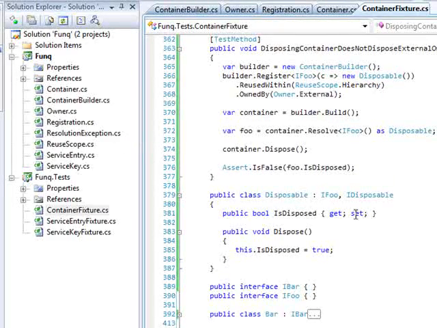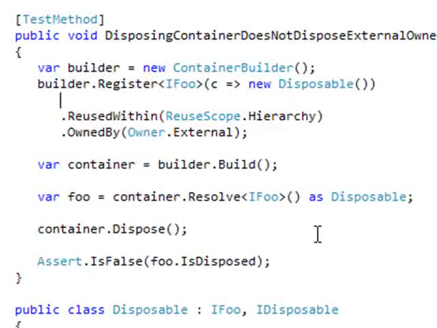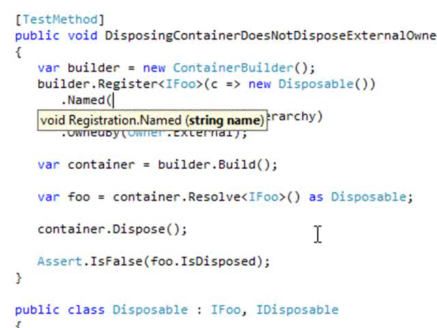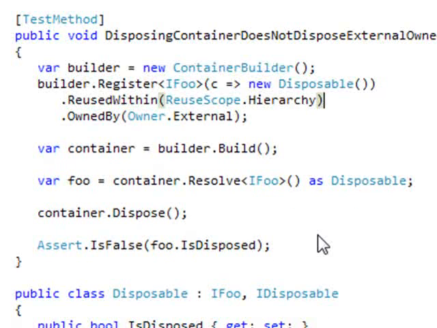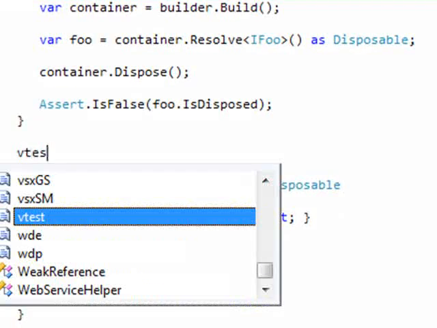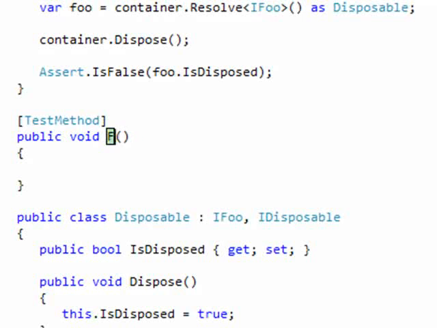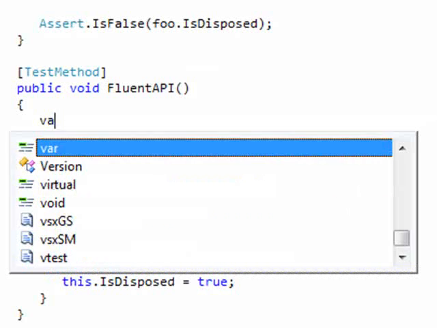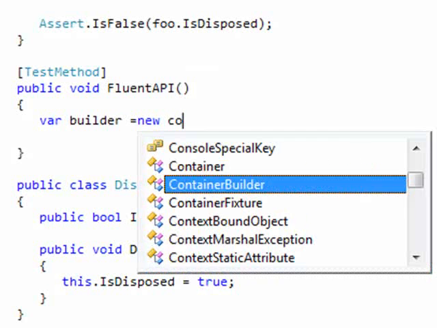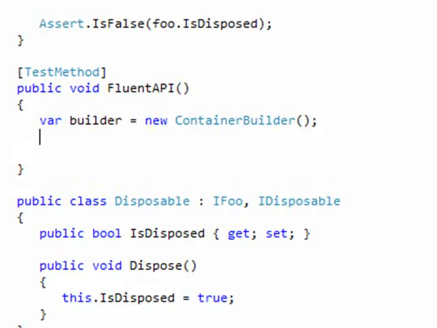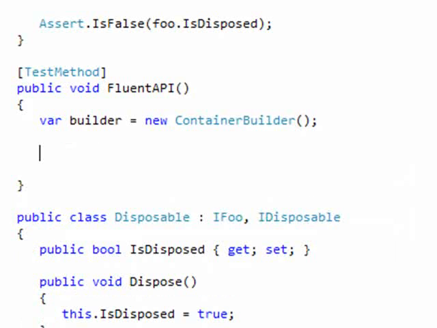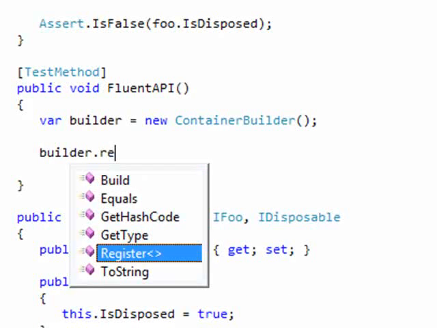Right now, it's a very simple API that we have. Basically, we can register, we can name things, and then assign reuse, scope, and ownership. The problem with what we have now is that, for example, if I do the register, let's go and create a new test. It's not going to test anything, so I'll just call it Fluent API. Builder. Now, when we call builder register,